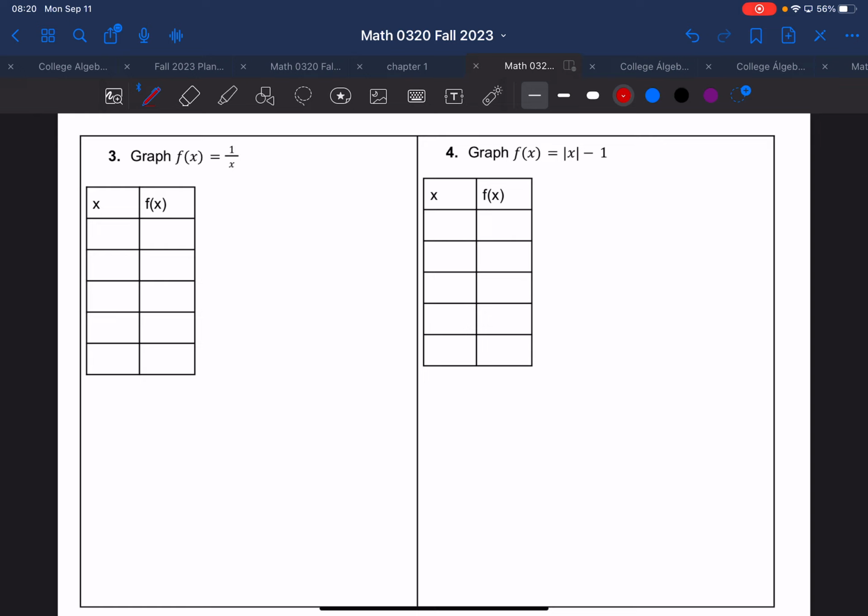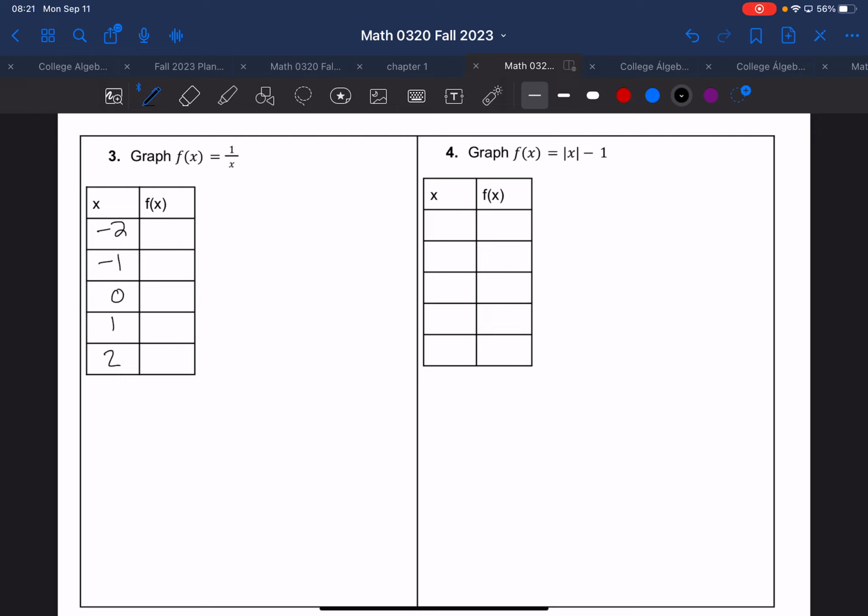Okay, we're going to do the same for 3 and 4. Just looking at the function for 3, we know this is what type of graph? Reciprocal, because of that 1 over x fraction. And then what about number 4? Right away we know this is what type of graph? Absolute value, because of that absolute value symbol. So again, I'm going to do the same thing. I'm going to be plugging in my same numbers, negative 2, negative 1, 0, 1, 2,